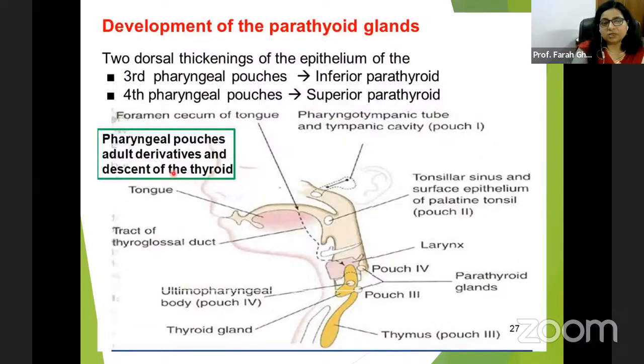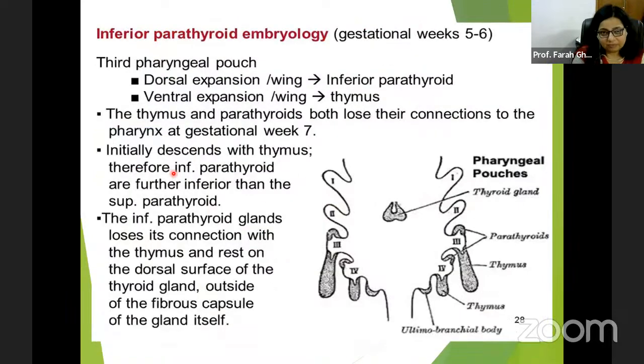पैराथायरॉइड की हम बात कर ही चुके हैं। 3rd पाउच से इंफीरियर पैराथायरॉइड आता है, 4th पाउच से सुपीरियर पैराथायरॉइड आता है और दोनों मिलकर पैराथायरॉइड्स बनाते हैं। So this is just the recall of your previous knowledge. In the inferior parathyroid, it is 5 to 6 weeks. 3rd pharyngeal pouch,